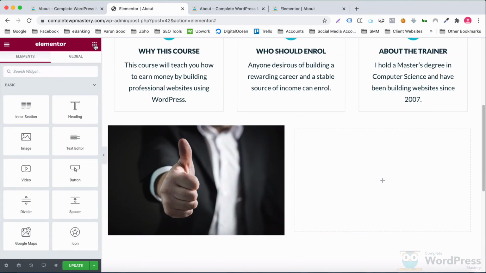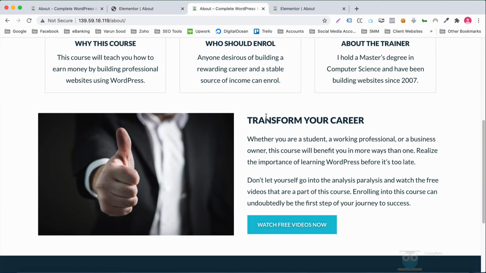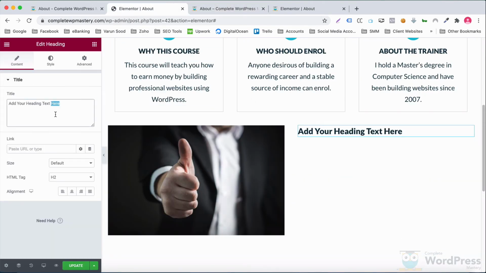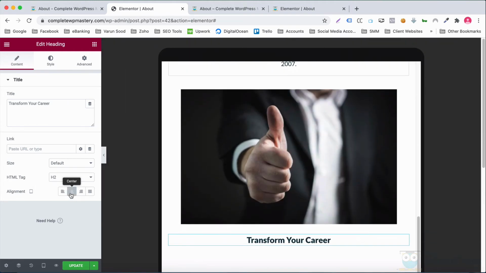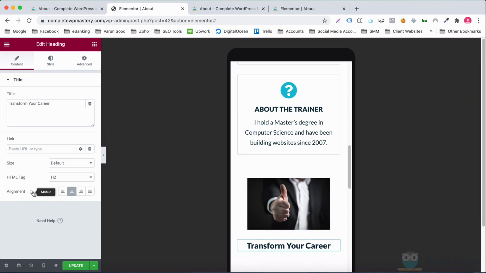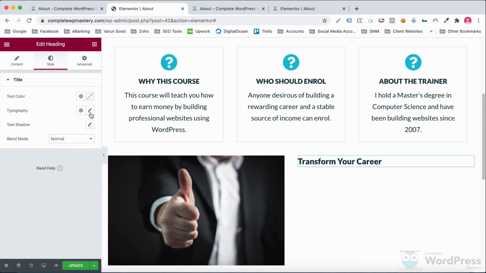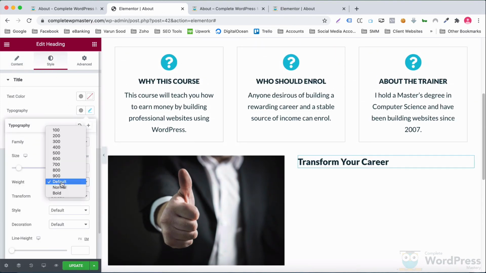In the right column, let's add an H2 heading and call it Transform Your Career. I will left align it on desktops and center align on tablets and mobiles. I'll also adjust its font size and weight and make it uppercase.